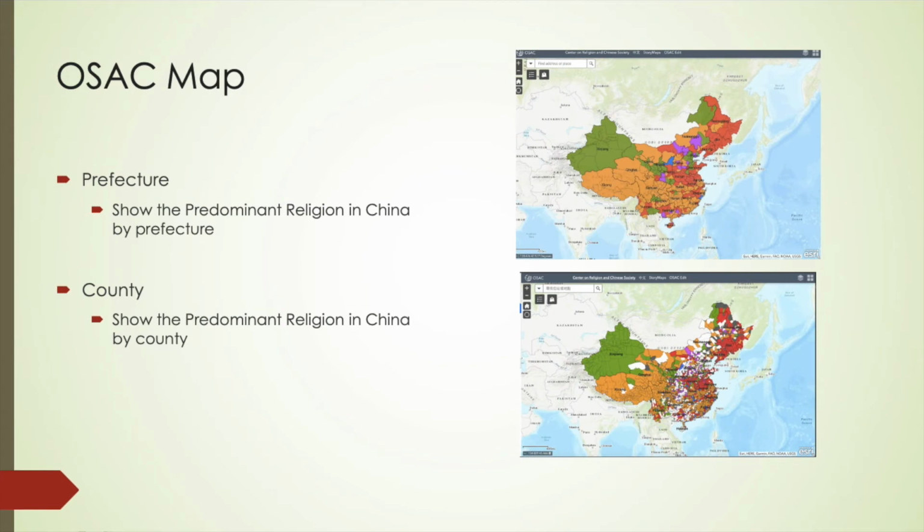And besides the dot map, we also depict the predominant religion by prefecture and county level. How that works is that we first calculate the number of religious sites in regions, and then we label the color of the largest number of religions in that prefecture or county and distribute it on the map. Which is what you'll see in these two pictures over here. The top picture is the one for the prefecture level, while the lower one is for the county. So you can see that there are a lot of different religious groups or spiritual activities in China based on the data we collect.